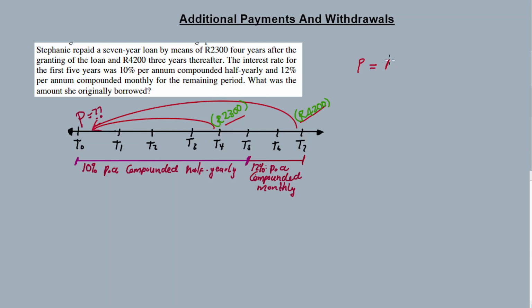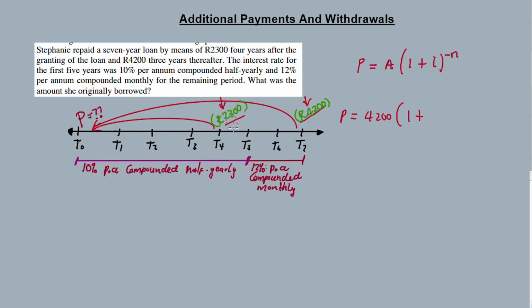So we calculate P where A is the accumulated amount, A equals 1 plus i raised to exponent n. So P will be equal to, there's nothing different, except that this time we go backwards. But the idea remains the same. So let's start with the 4,200, 4,200 times 1 plus the interest. Look, I borrow money, but I pay it back in different installments. I take out this one, 2,300.